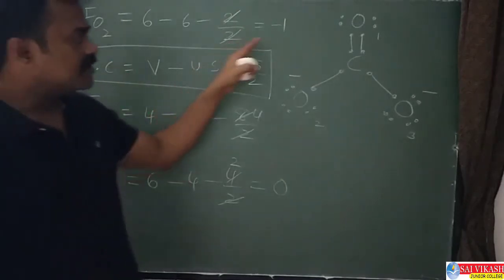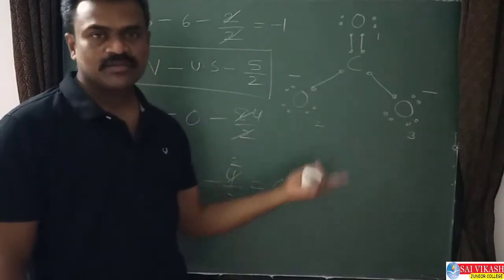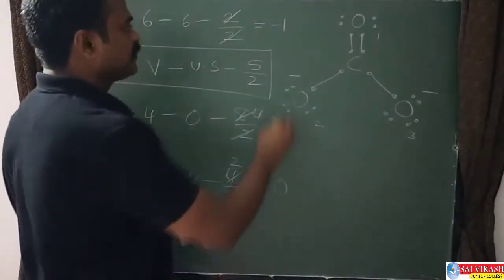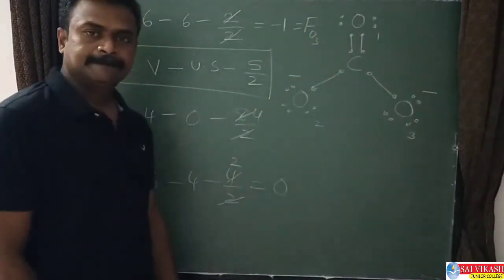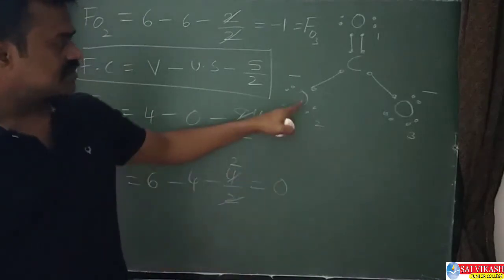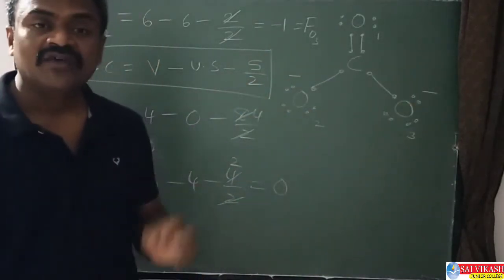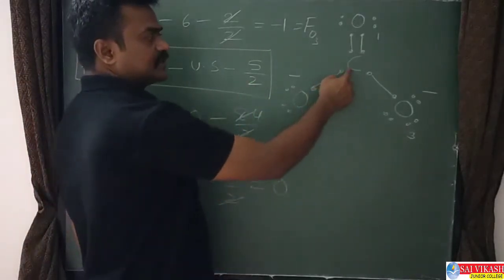Similarly, the formal charge of oxygen 3 is also the same, no? Both these two are the same oxygen atoms. So formal charges will also come the same. So this is the formal charge of oxygen 3 also. That's it. So this is coming minus 1. It is also minus 1. Sum of the formal charges of all atoms, how much? Carbon 0. This is 0.